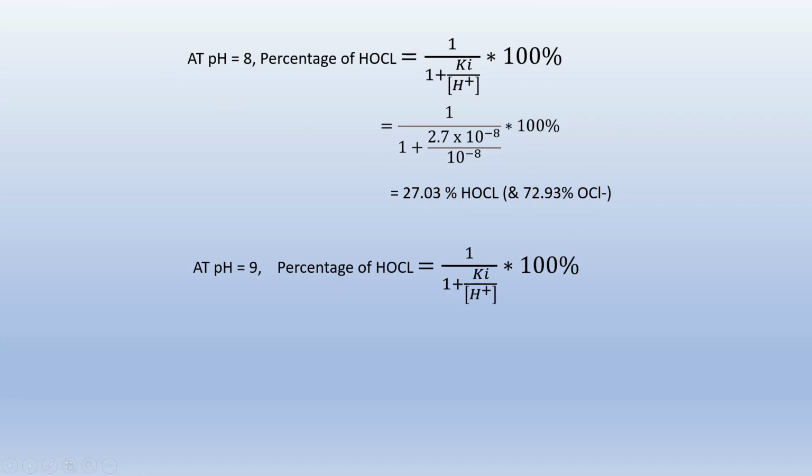At pH 9, the percentage of HOCl will be 1 by 1 plus Ki by H+ into 100%, which will be 3.57% HOCl and 96.43% OCl-, as most of the HOCl will remain in the hypochlorite ion form,